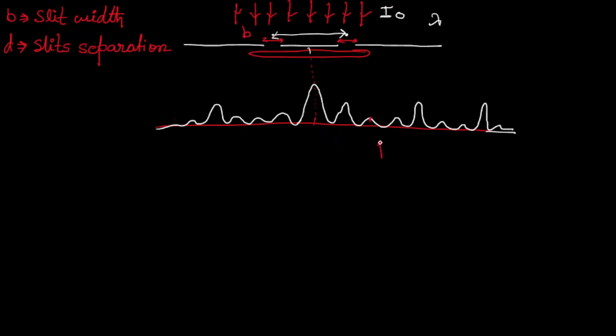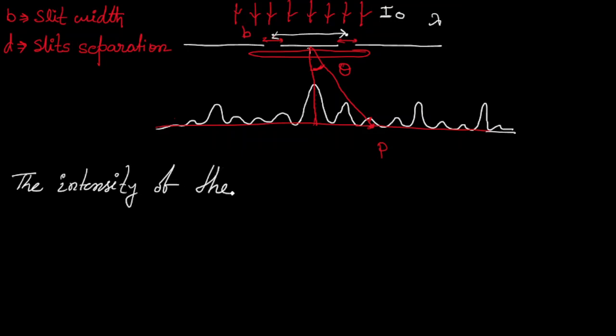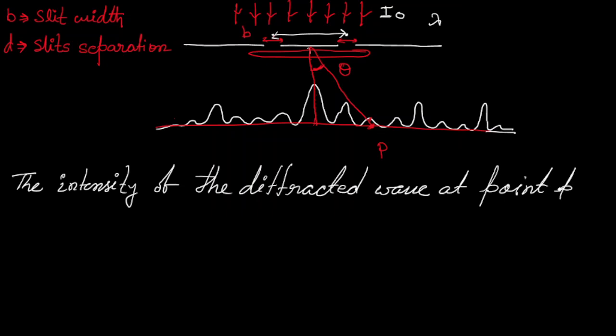Let's say this point is point P. If we join the center of the slits and this point, the angle between this vertical line and this line is called the diffraction angle. So this is the diffraction angle associated with this position. If we want to write the intensity distribution on the screen at this position, then we can write the intensity of the diffracted wave at point P is